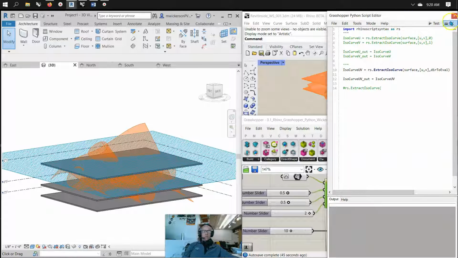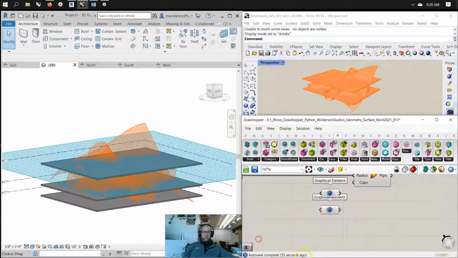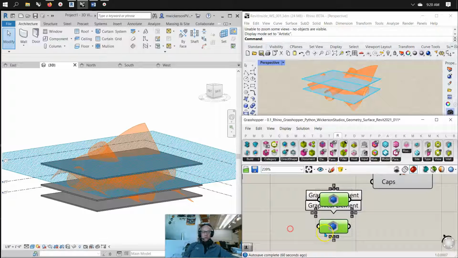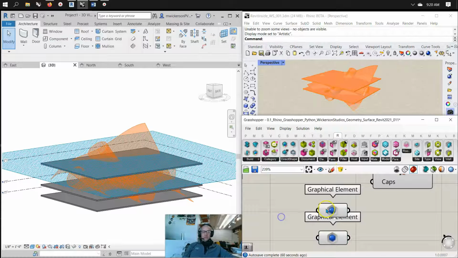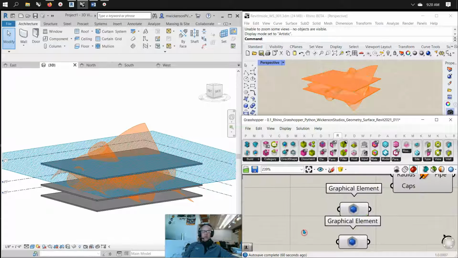Everything's running perfectly. Close it out, and we are able to have a surface that is not only, keep in mind, don't let this throw you at the start. These two surfaces that I've actually imported from Revit, I've chosen two of them. The middle one, I believe, and the second floor and the third floor to bring in as graphic elements using the Revit nodes. And that's just a nice way to begin to deal with your params,